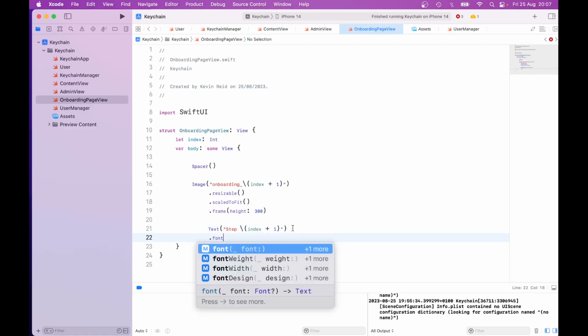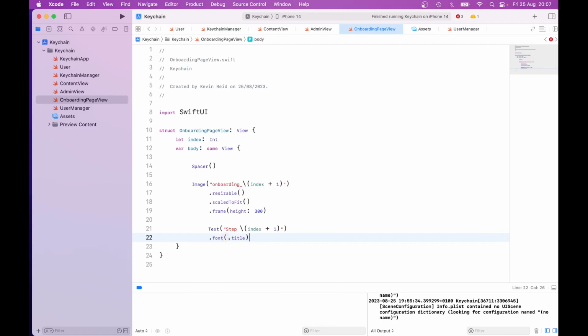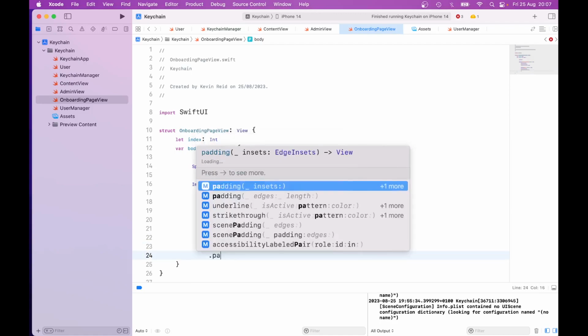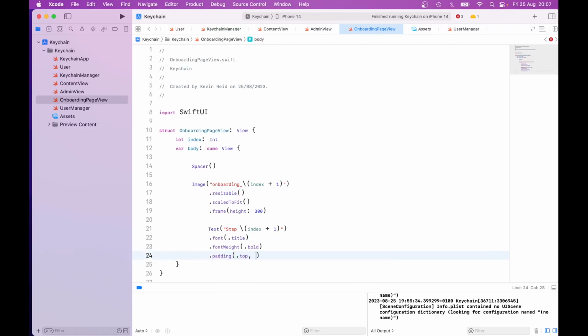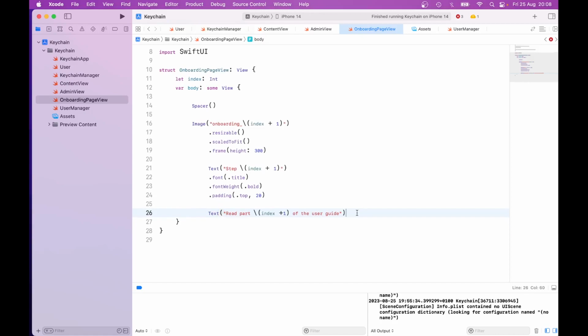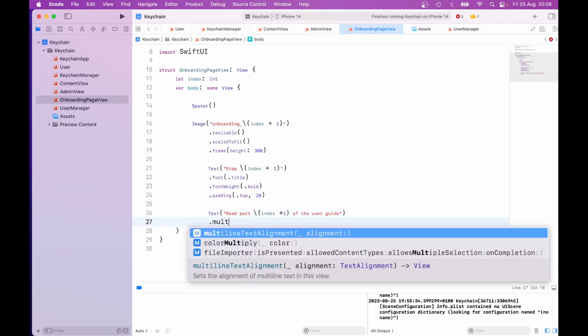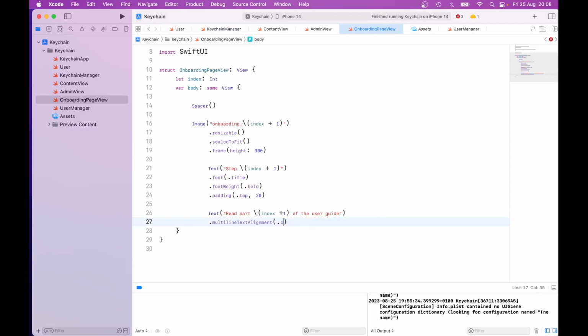images. Font, title, font weight, bold, padding, top 20, text, read part index + 1 of the user guide, multiline text alignment, center,